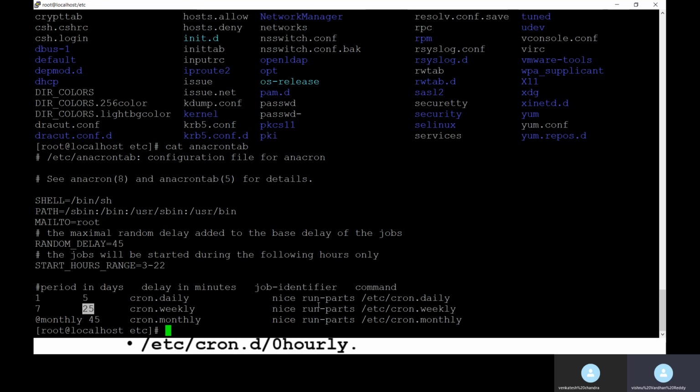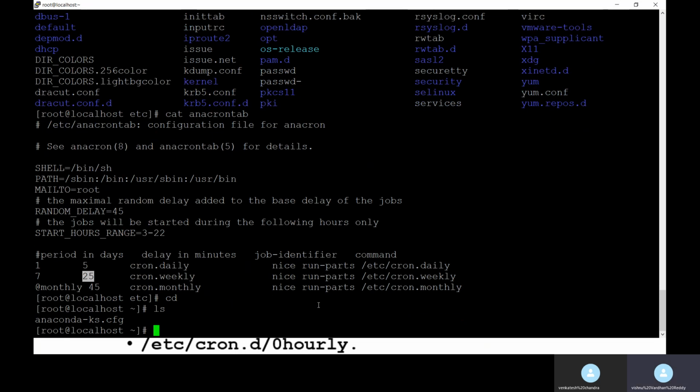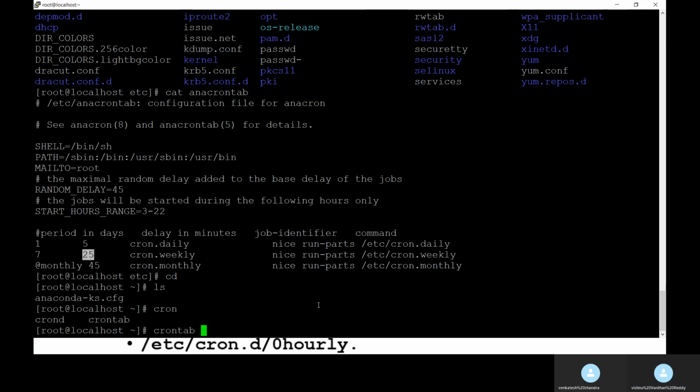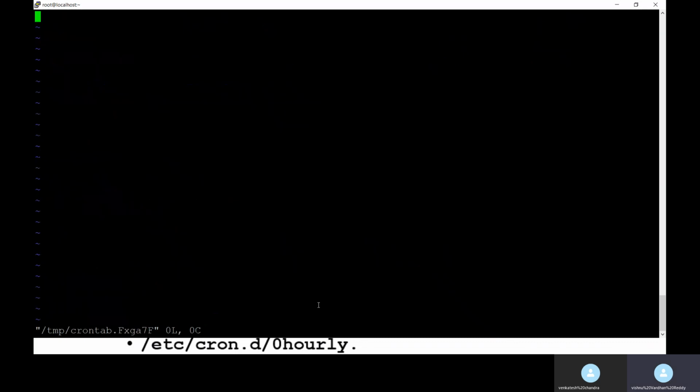Next, let's see how to make manual entries, like how to set the cron jobs. Use crontab -e, then insert.